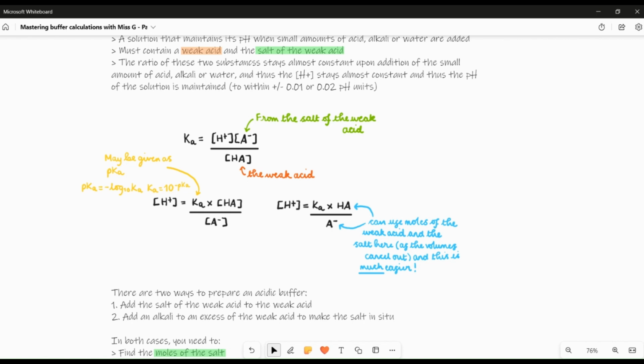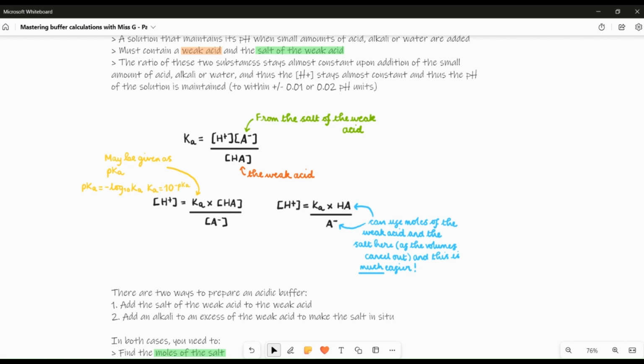So to work out the H plus concentration, we're going to need to do Ka times the concentration of the weak acid, HA, and then divide that through by the concentration of the salt of the weak acid, the A minus. Now, one of the things that they may do in these questions, like you will have seen when you had a look at weak acids, was they may not give you a Ka value,